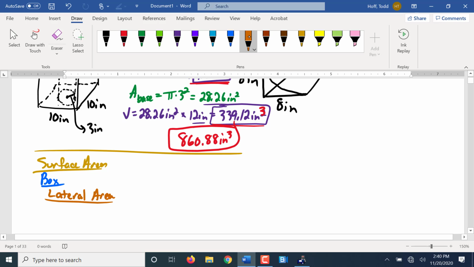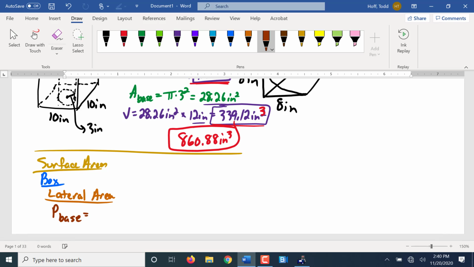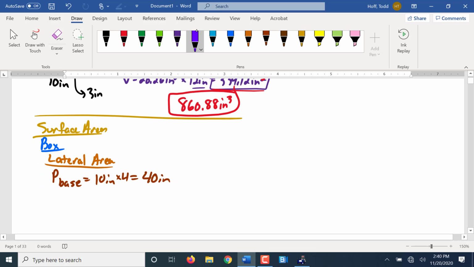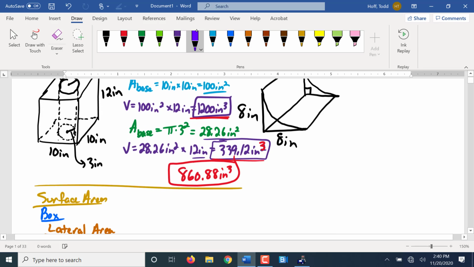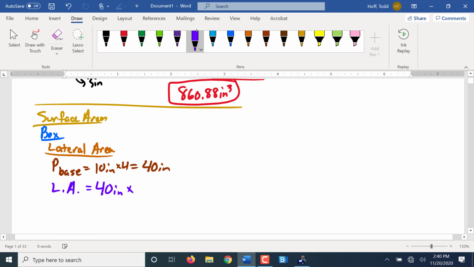So we need the perimeter of the base here, which is just 40. Good. 10 inches times 4, or 10 plus 10 plus 10 plus 10. We got 40 inches is the perimeter of the base. So lateral area will be that perimeter of the base, 40 inches, times the height of 12, which gives us